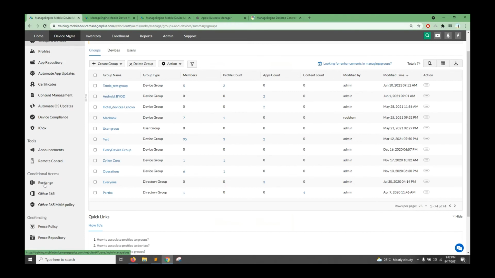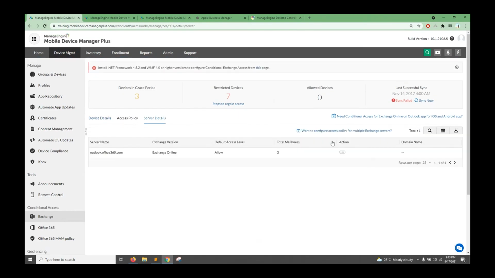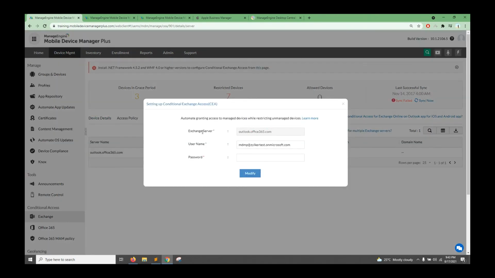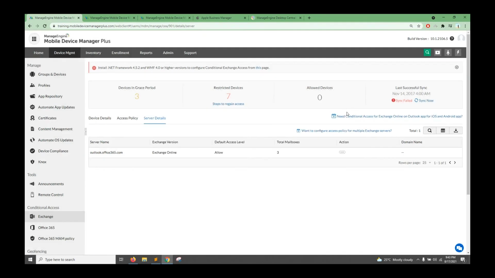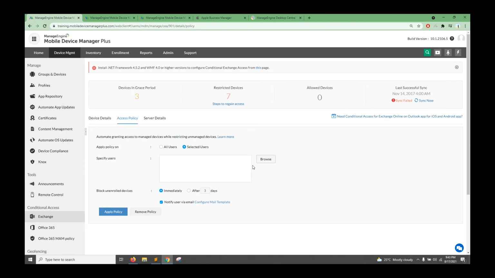You have Conditional Exchange access here, and you can integrate your server details. You can mention whether you're using Office 365 or an on-premise server, update the details here, and use the credentials to integrate. Once that is done, you go to the access policy and choose whether you want to apply this conditional access